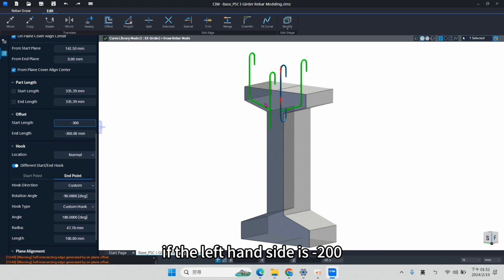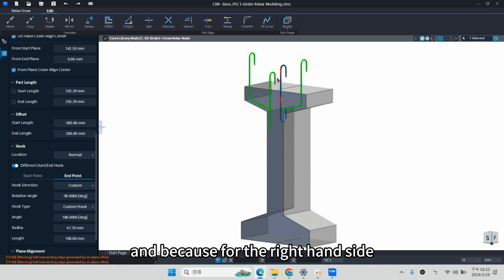So if the left hand side is minus 200 and minus 300 for the start and end, the right hand side will be minus 300 and minus 200.